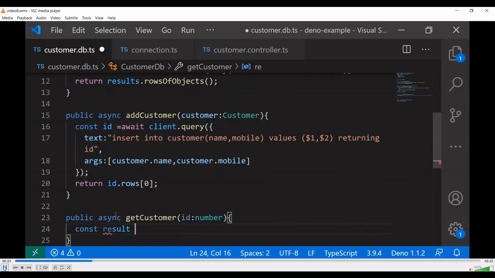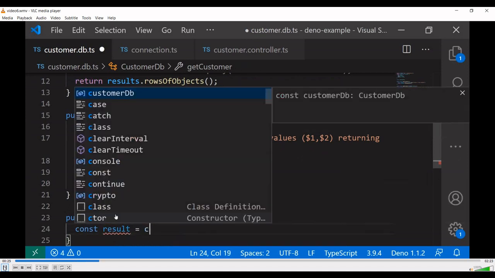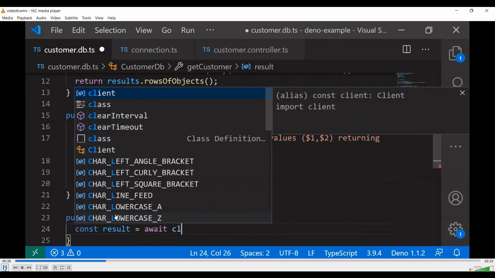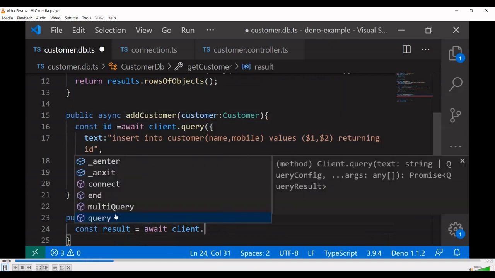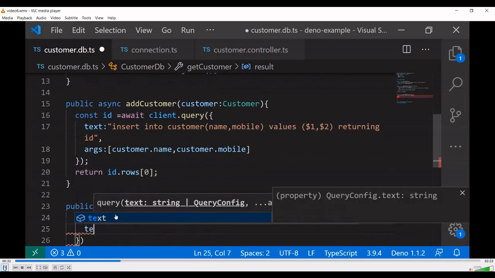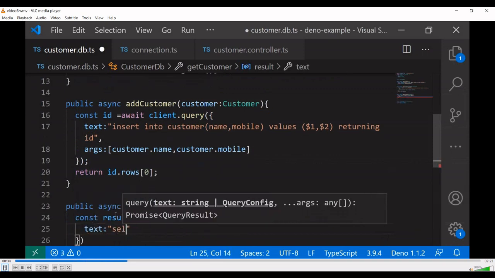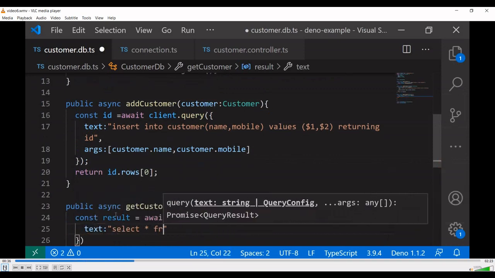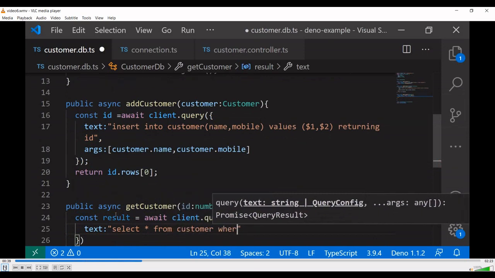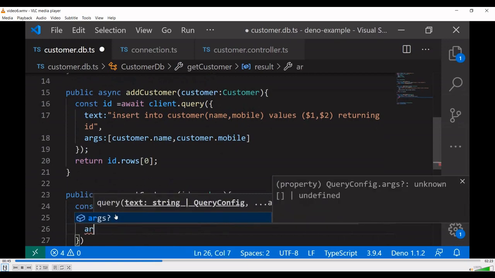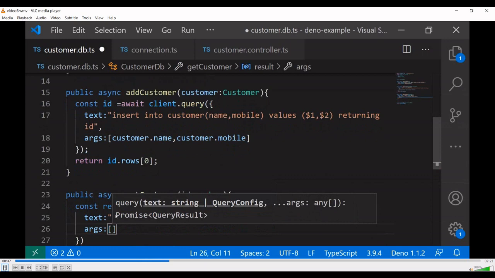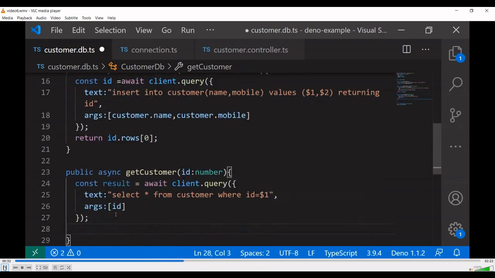Constant result equal to await of client.query the select statement. Select star from customer where ID equal to $1, a single argument I am passing. We can return the rows of objects.